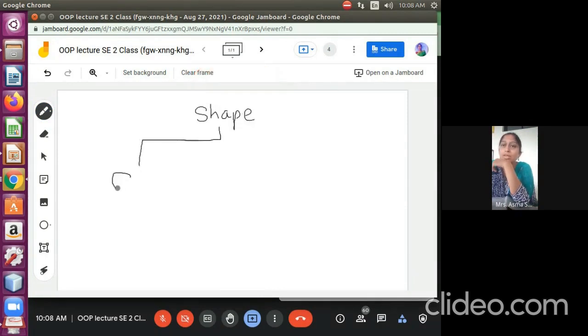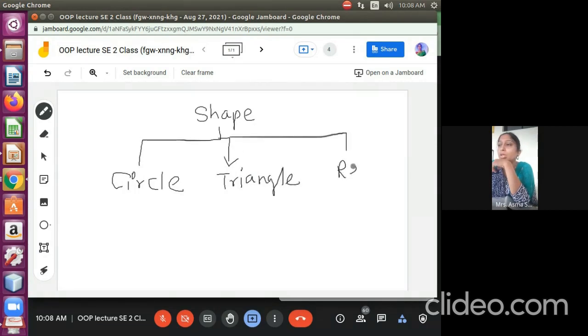Like we can have the circle, we can have the triangle, we can have the rectangle. So if we see an area function in a shape class, we are writing one function.